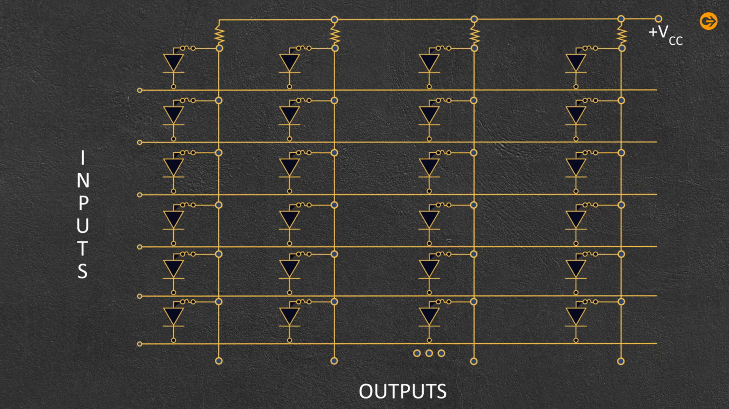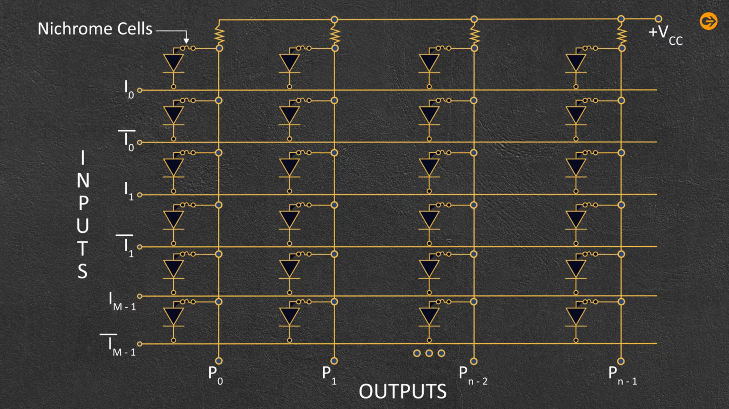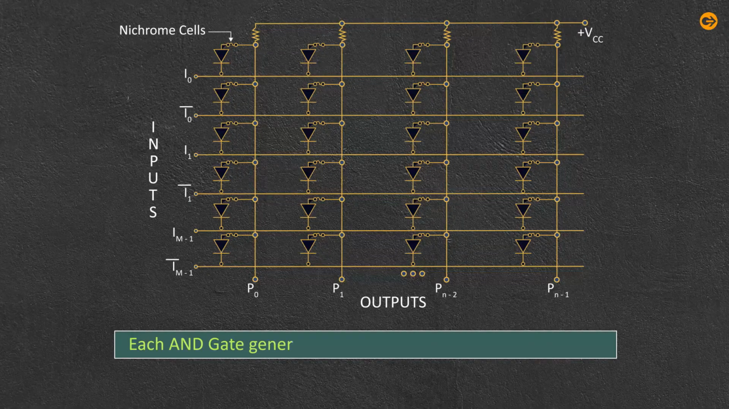It has N AND gates with outputs P0 to Pn-1 and 2M inputs, that is I0 to Im-1 and I bar 0 to I bar M-1 for each AND gate. This shows that the AND gates have input variables in complemented as well as non-complemented form. There is a nichrome fuse link in series with each diode. The links are intact for a non-programmed PLA device. Each AND gate generates one product term which is given by